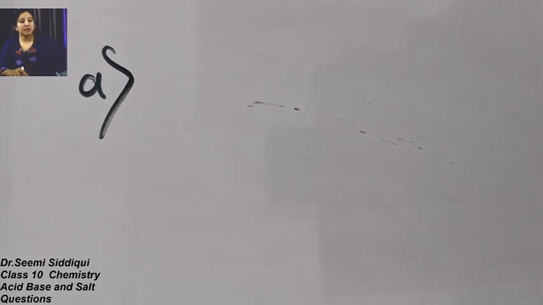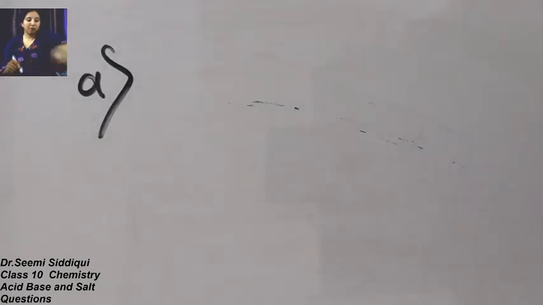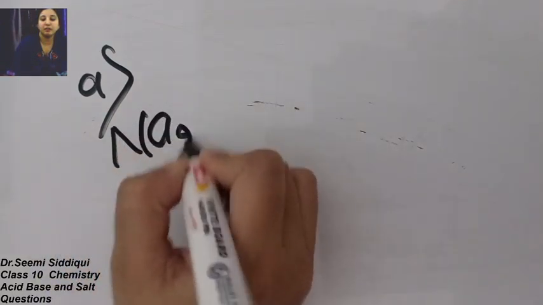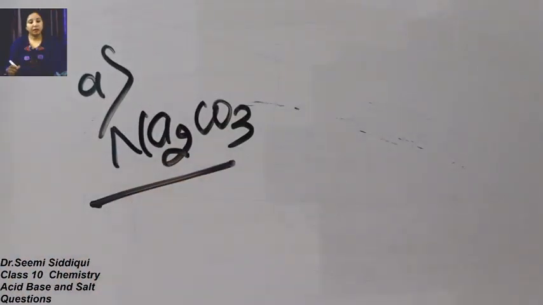The B part says, how can baking soda be converted into baking powder? By the action of tartaric acid, you can convert it into baking powder. Another C part, what is the role of this compound added to baking soda? It is going to neutralize the reaction. When it neutralizes the reaction, the cake will be tasty. There will be no decomposition or bitter taste.